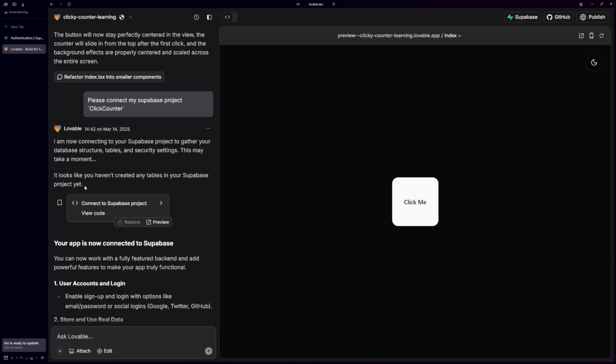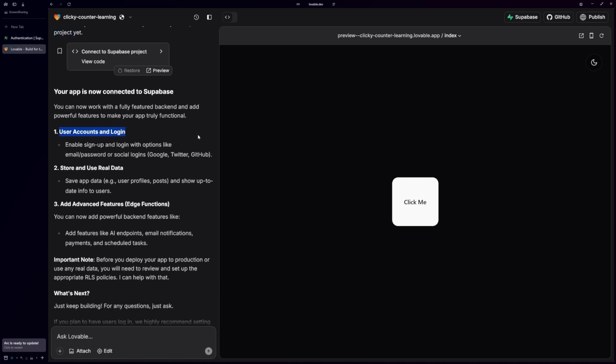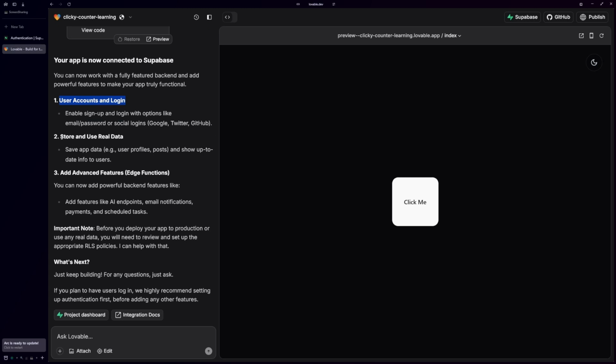It's connected. It recognizes we haven't put any data in there, right? And so it's going to suggest some things that we can do. One of those is creating user accounts and setting up a login process. Also storing real data. So there's edge functions, and we'll talk more about that in a future episode. But for now, we're going to follow some of this advice. We're going to keep building, like they say, and we are going to try and implement this user authentication login system. So we're going to tell Lovable, with my now connected Supabase project, can we set up